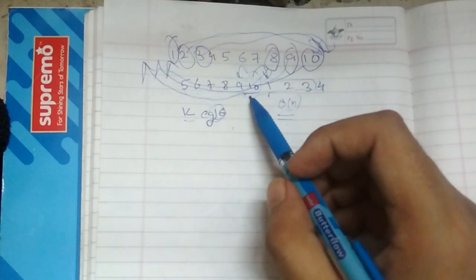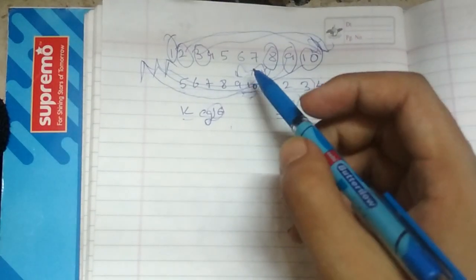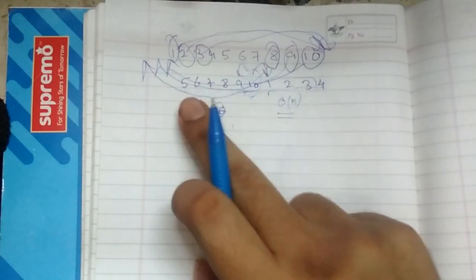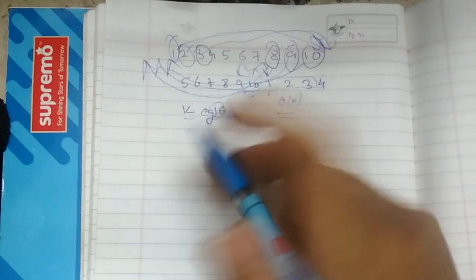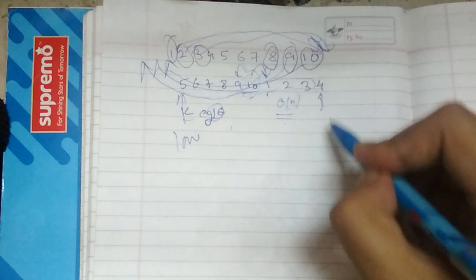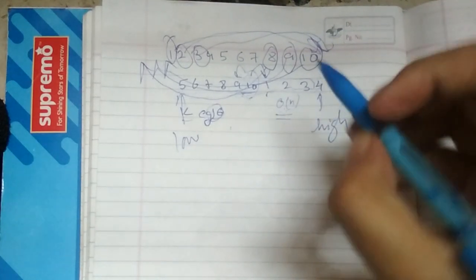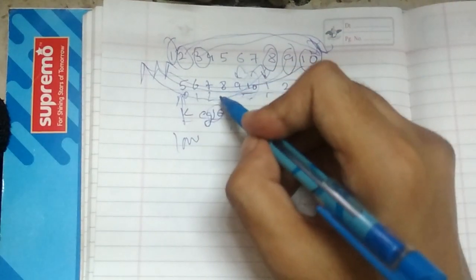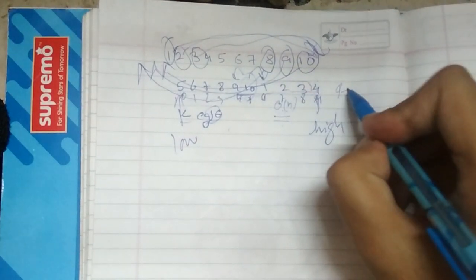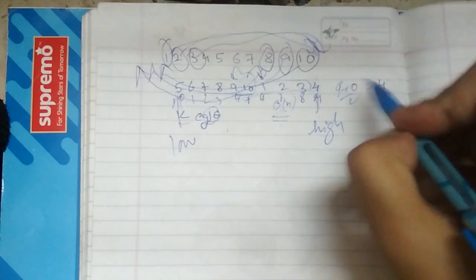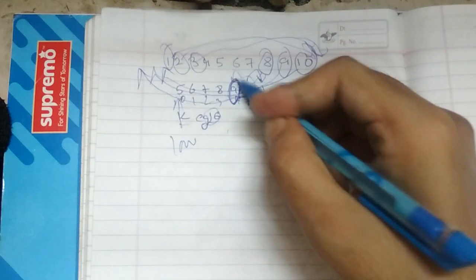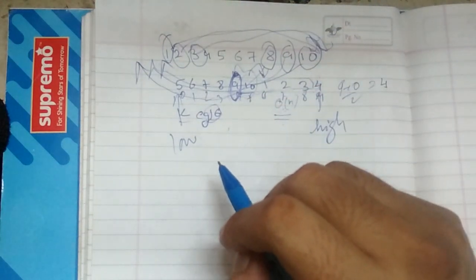Now how do we find that? How do we find this pivot element? To find this pivot element, this array is divided into two. First we take this low and this high, and we find the middle, which is 0, 1, 2, 3, 4, 5, 6, 9 plus 0 by 2, which is 4. So this is the middle element.